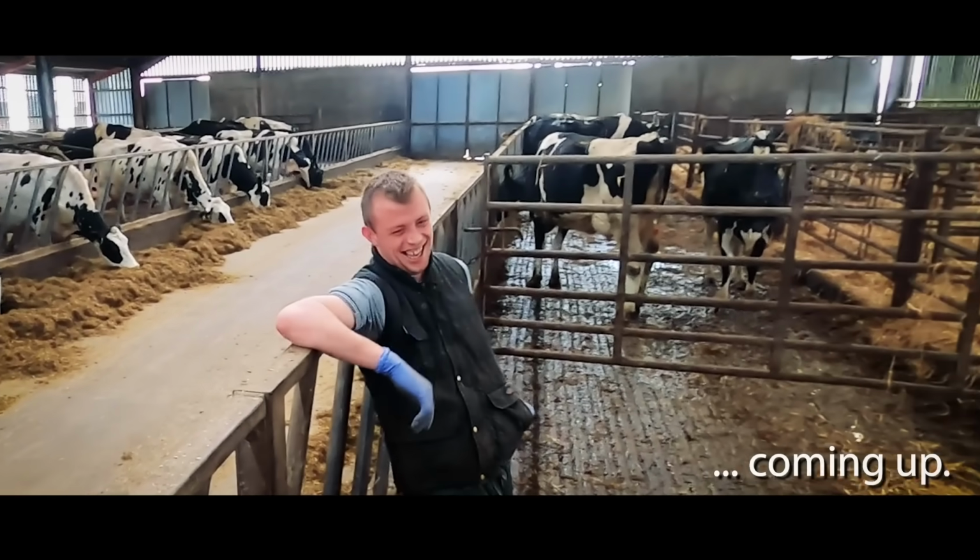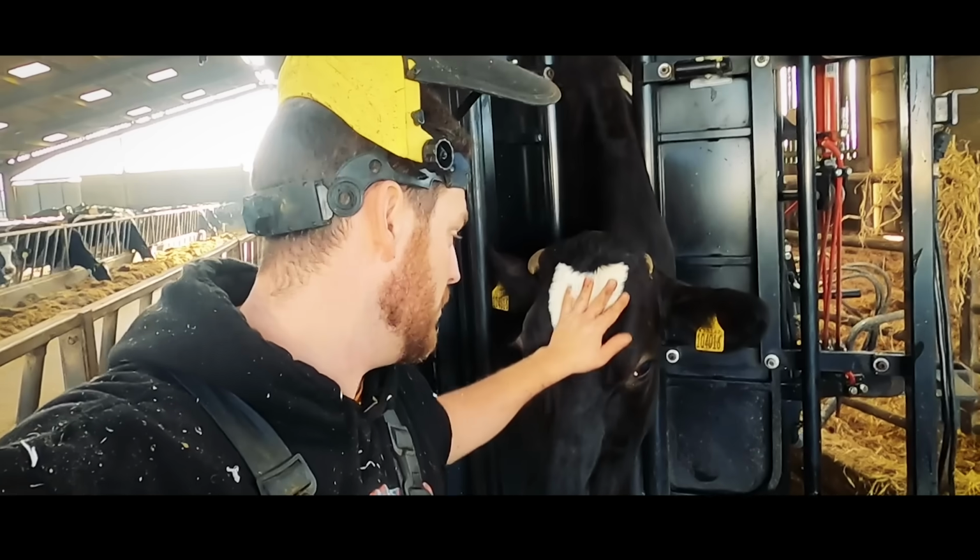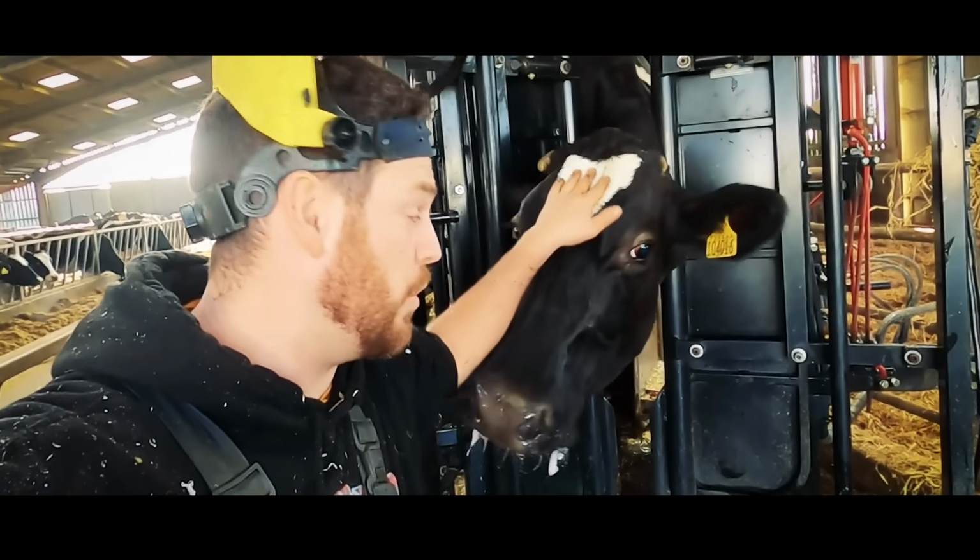It follows mine and Craig's life in the world of agriculture, and today we're looking at why this cow cost us over $100,000 to trim her feet. That's